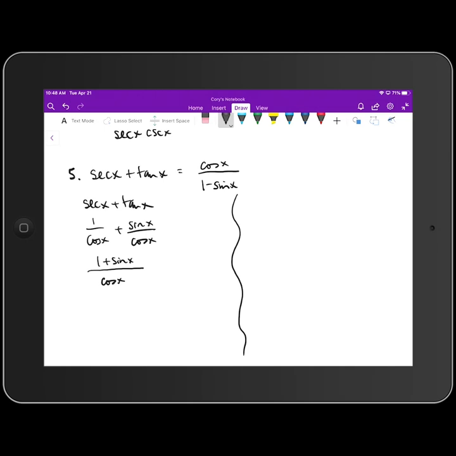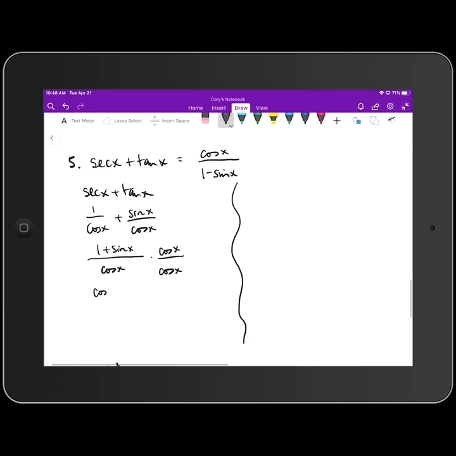Well, the only way that I'm going to be able to write cosine in terms of sine is if I get that denominator to become cosine squared, because we know cosine squared using the top Pythagorean identity is 1 minus sine squared. Okay, so that kind of tells me what my next step needs to be. So if I multiply the top and bottom by cosine,